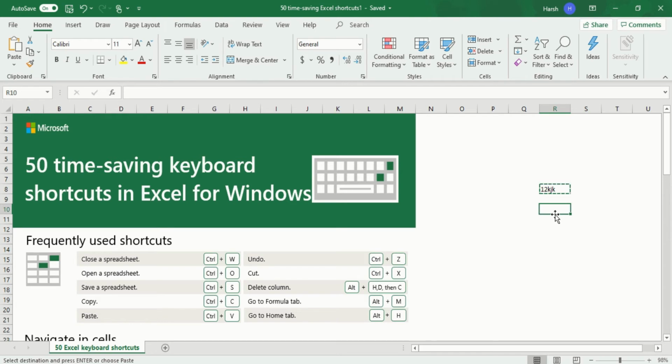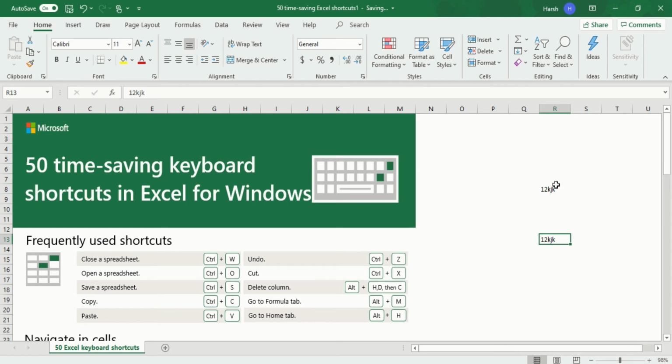Now if I press Control V, this is pasted. Now if I want to cut, so that there is nothing in this cell, then Control and X, that completely cuts it, and Control and V. You will see there is nothing present here because we have cut that thing.